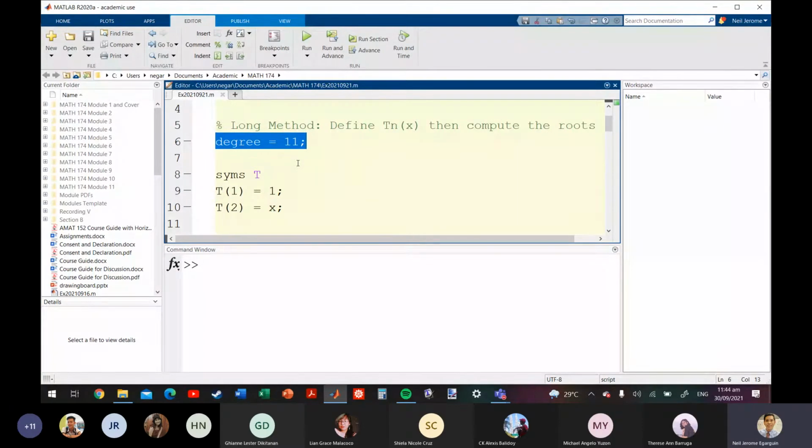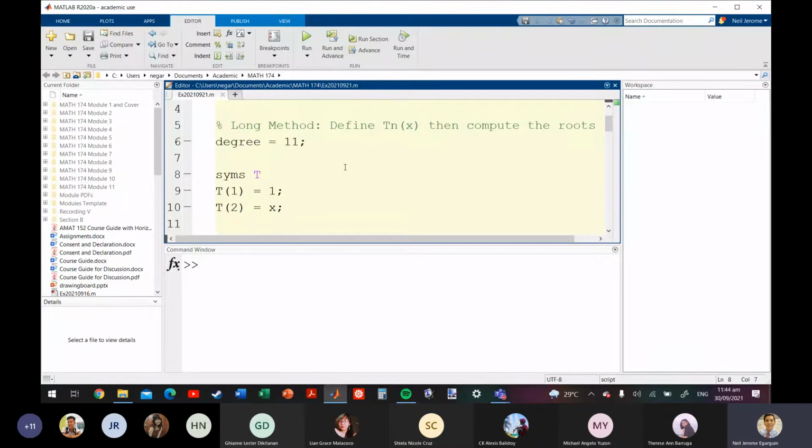Okay. Now first, remember that the Chebyshev polynomials are defined recursively. So para makita ko siya as a polynomial. Of course, ngayon ko lang naisip, pwede ko palang gamitin yung cosine of n arccosine of x na definition niya. Pero for computers, mas okay yung polynomials kaysa dun sa trigonometric functions. Kasi yung trigonometric functions, sila ay transcendental. So ibig sabihin, computers need more work in order to deal with these transcendental functions. Mas madali para sa computers ang polynomials kasi ang involved lang sa polynomial evaluation are the 4 basic operations.